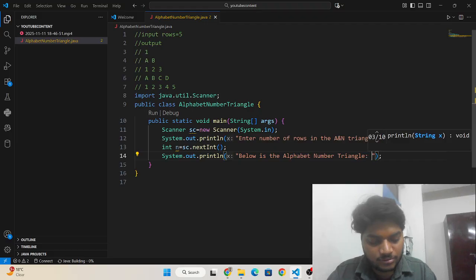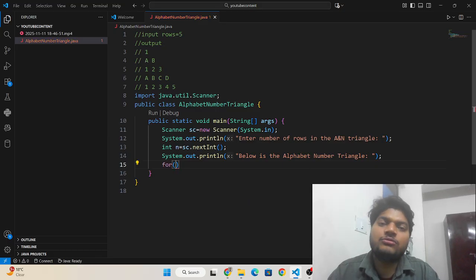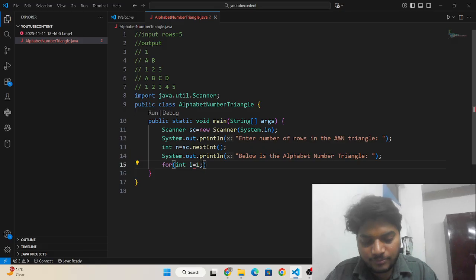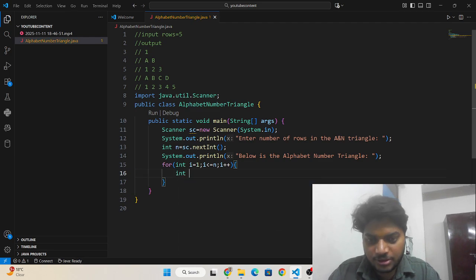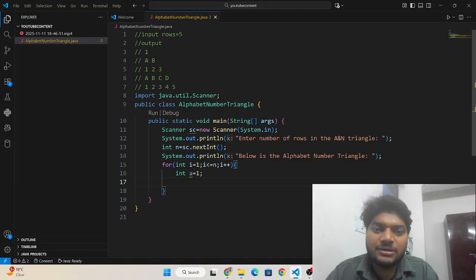Then I need to write the main logic: for int i = 1, i less than or equal to n, i++, and then initialize a variable int a = 1 so that it can repeat in each row.